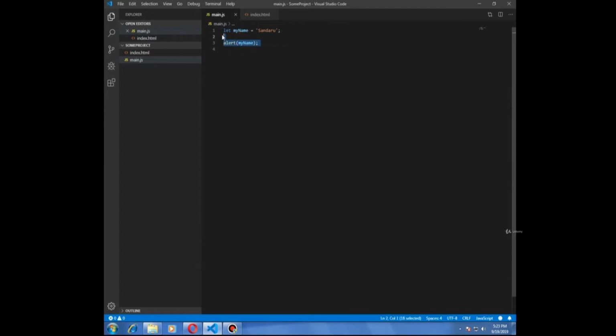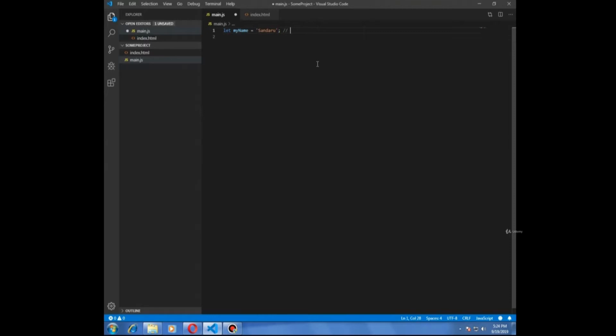And this is the concept of variable, but there is a lot to it, pretty much a lot, a little bit to it, not a lot to it. Here this is called declaring a variable and assigning a value to it. Declaring a variable means this, let my name, and assigning a value is we assign a value Sandaru to my name, and we can call this variable